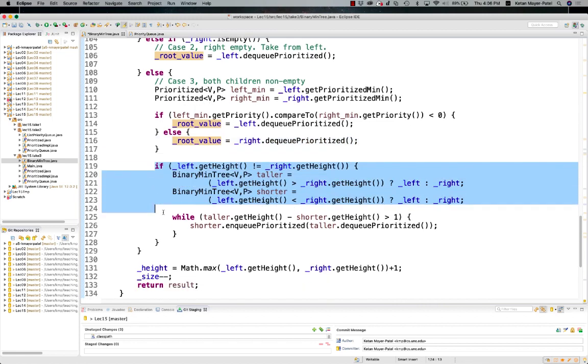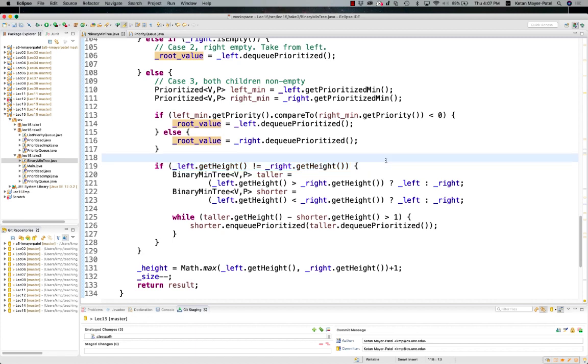And now I'm going to balance my trees. If my left height and my right height, now that I've stolen the appropriate value from one of my children and installed it here, if my left tree's height is not equal to my right tree's height, if they're equal, I'm done, right? They're already in balance. But if they're not equal to each other, then I need to know which one's taller,